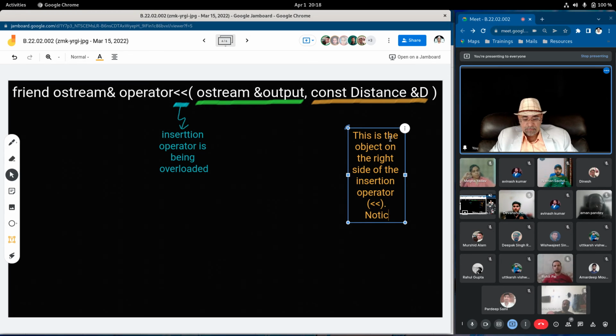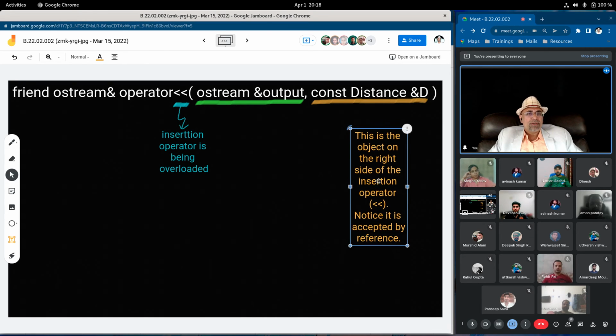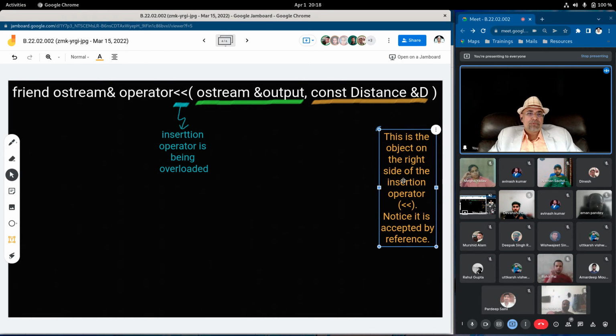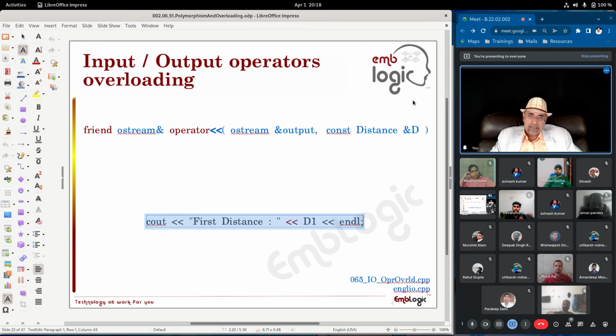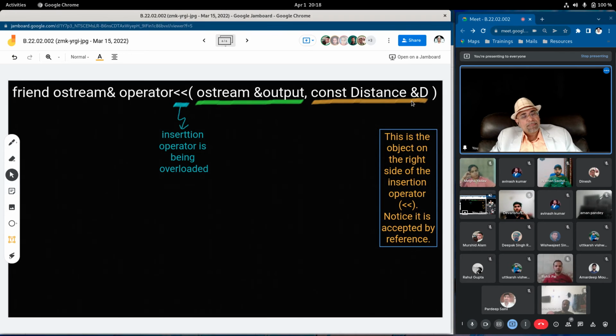Notice it is accepted by reference because we do not want to create a new object. We just want to output this value. We don't want to manipulate the data stored in D1 being passed as argument to D. We just want to display that data using the insertion operator and further using cout.